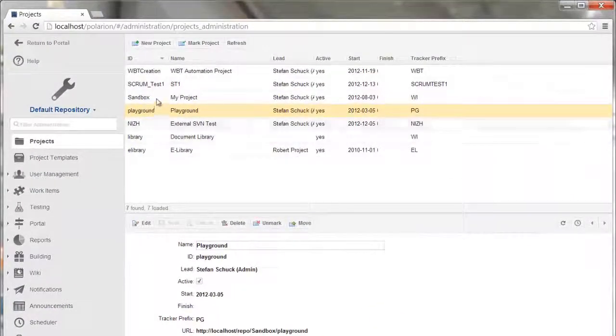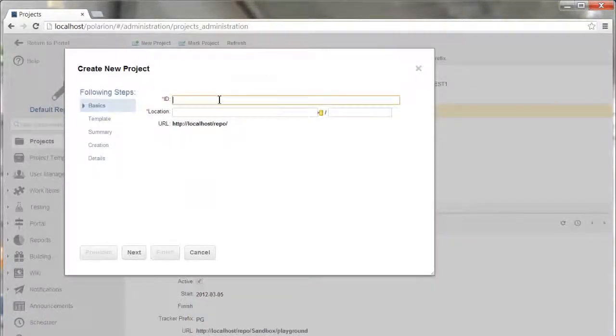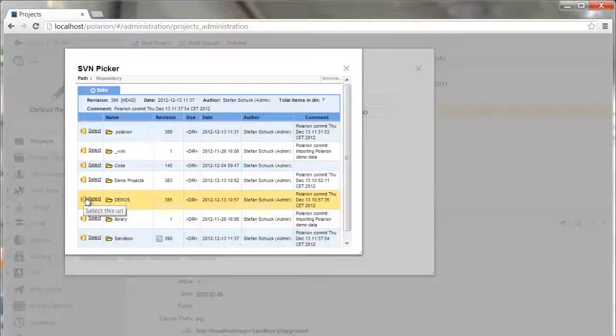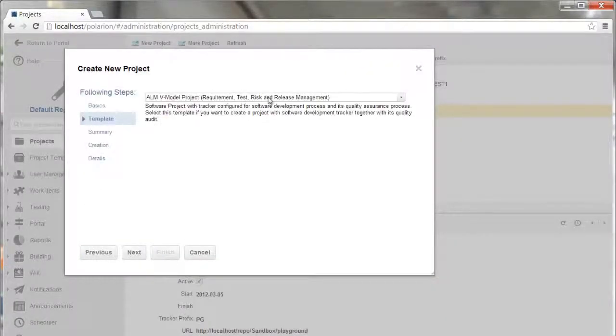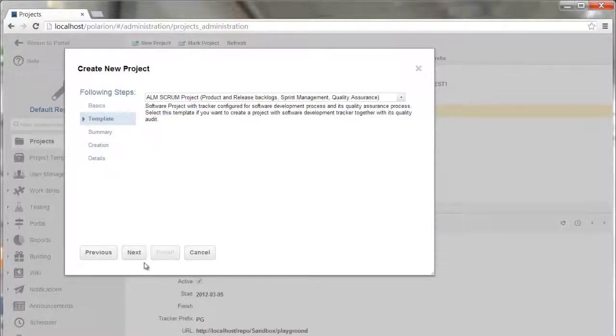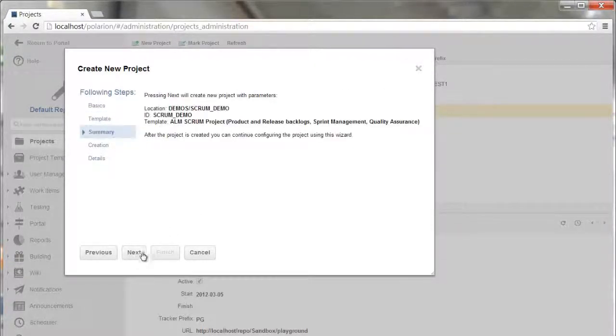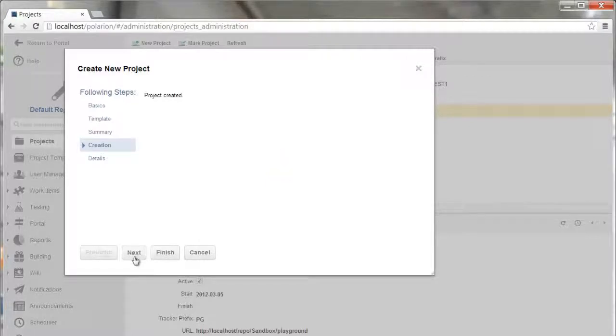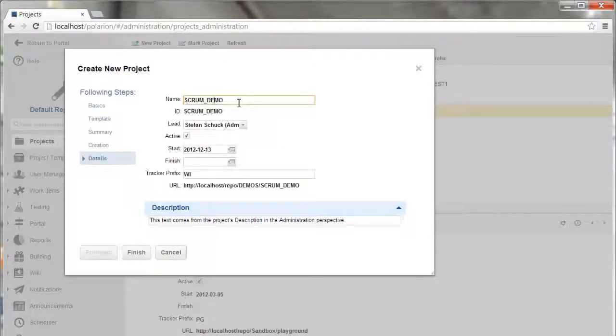So let's start creating our new project from the administration view. We create a new project, enter a small ID here, SCRUM demo, select the fitting location, demos, and in the next part we select our ALM SCRUM template. After the project is created, you can give a more fitting name, like SCRUM demo